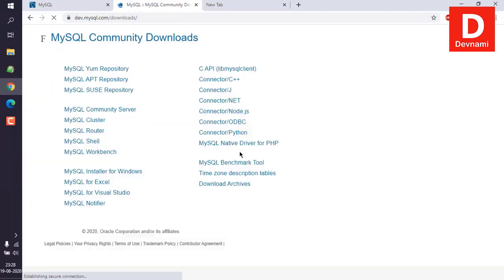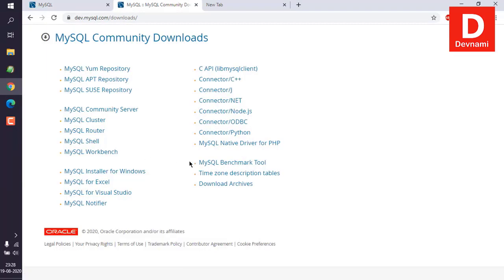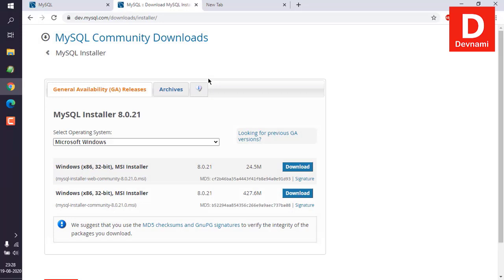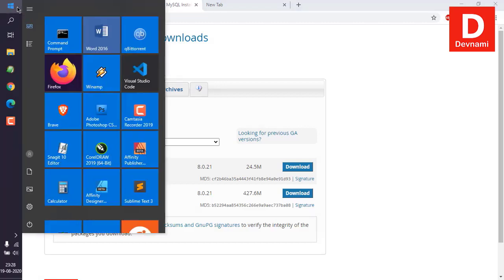You can choose community downloads, and then go to MySQL installer for Windows. Here you would find MySQL Shell and Workbench all inclusive in this installer. Go with the one that applies to your operating system, and in the case of Windows, once installed you will find that in the menu,